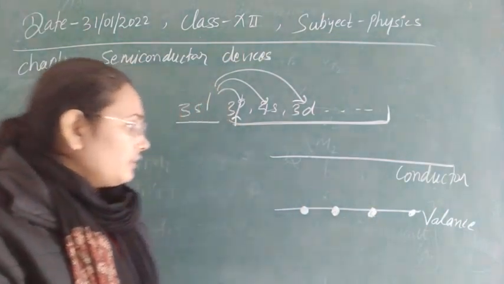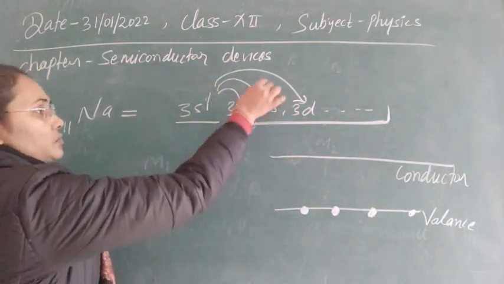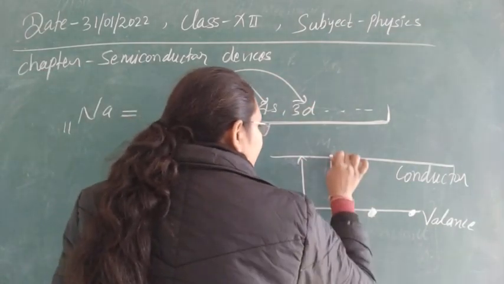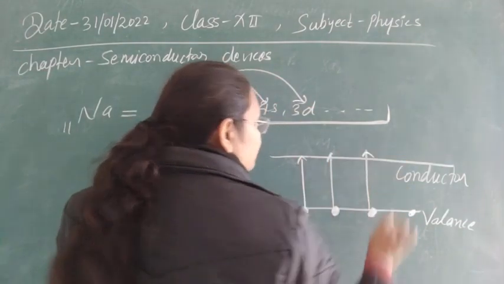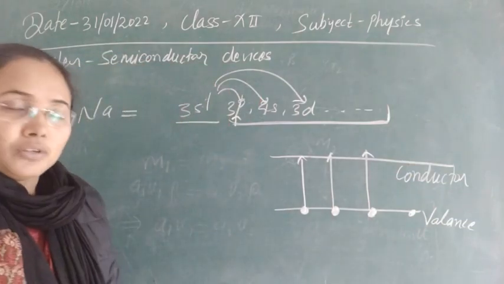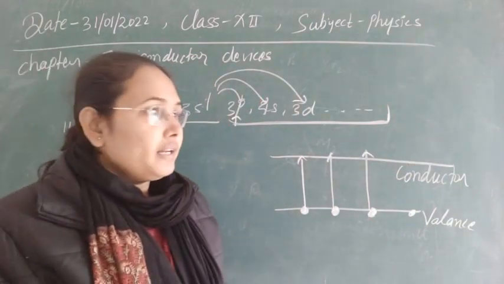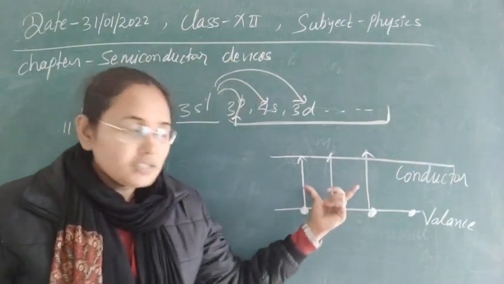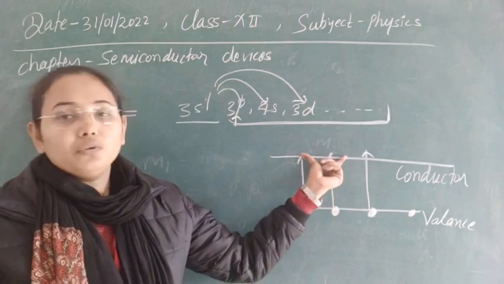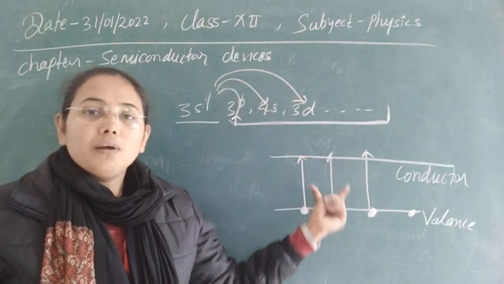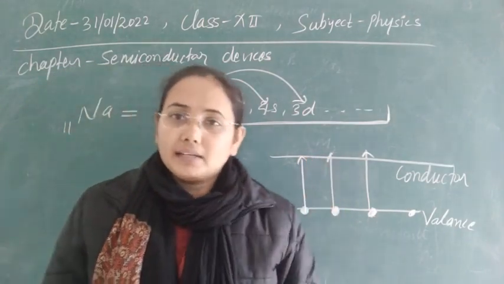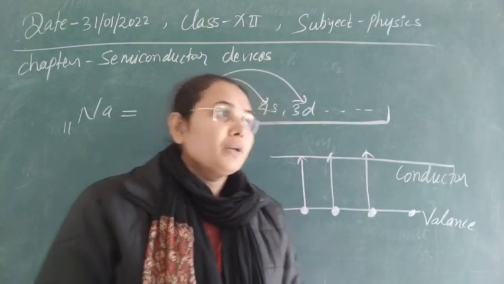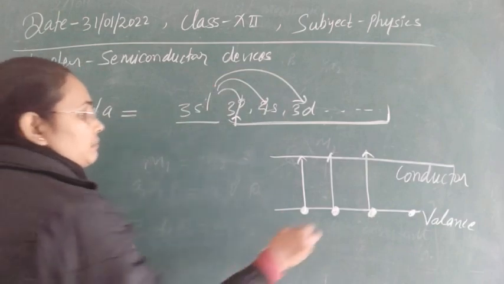Now whenever the valence electron gets energy and goes to any of the excited states, it means that the electron is making a transition from these normal states to these excited states. So in terms of electronics, we call this process the conduction process, whenever an electron makes a transition from the valence band to the conduction band. This is now our band picture of solids, where we take the concepts of valence band and conduction band, and also the energy gap between them.